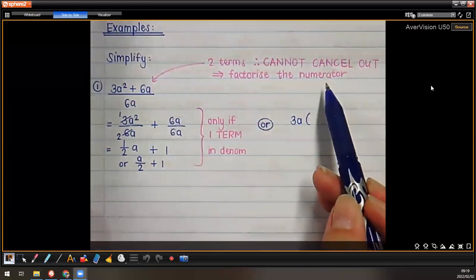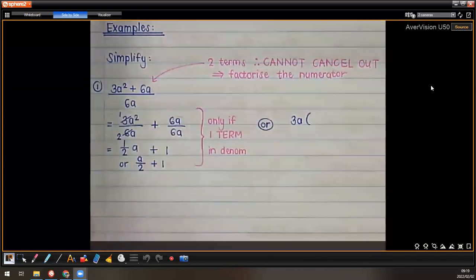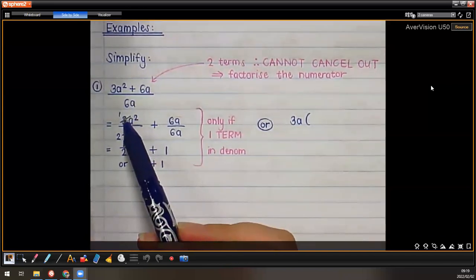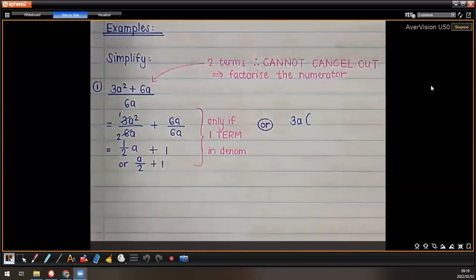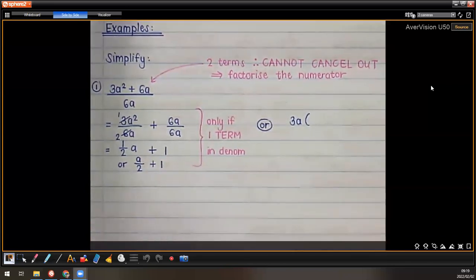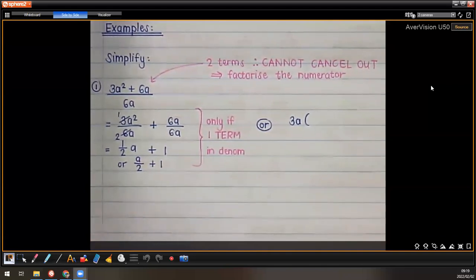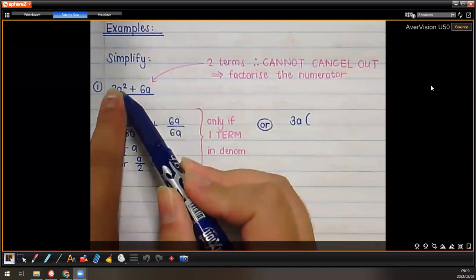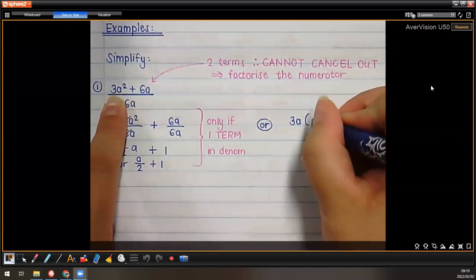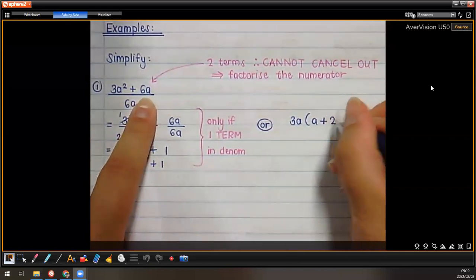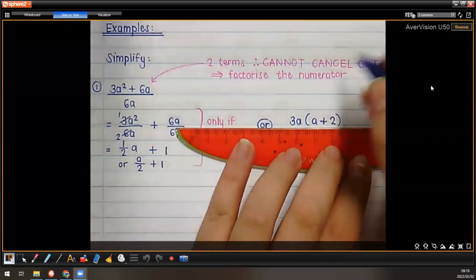Look at what I wrote here. So I'm showing you a different method. In the first method, we split the fraction up. We can only do that if we have 1 term in the denominator. So we could do that here, but what if we have multiple terms? Now I'm showing you a method that we can use, regardless of how many terms we have. Okay, so 3a squared divided by 3a is a. Plus, what is 6a divided by 3a? 2. And that is over